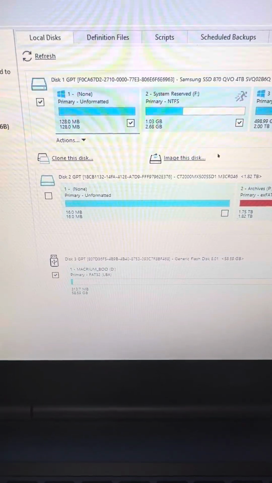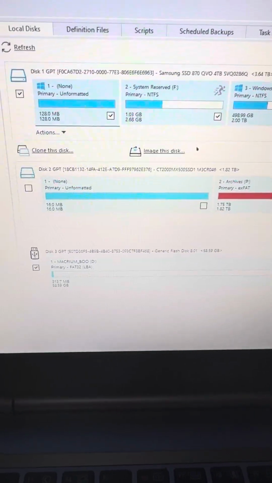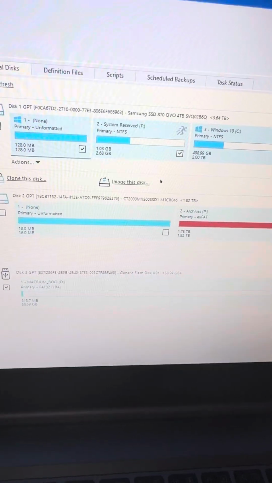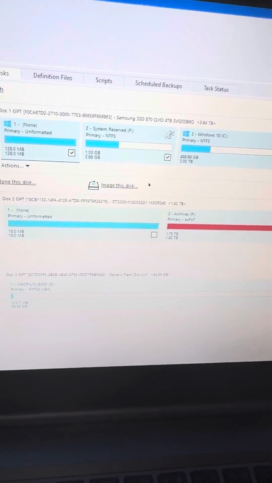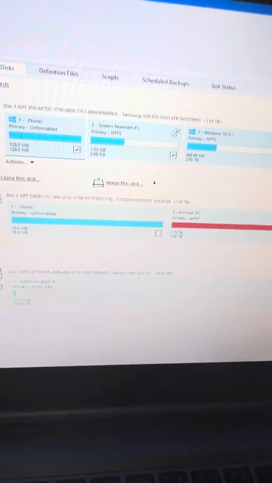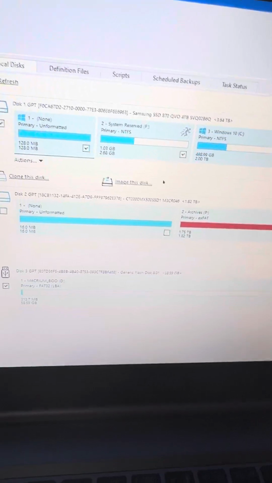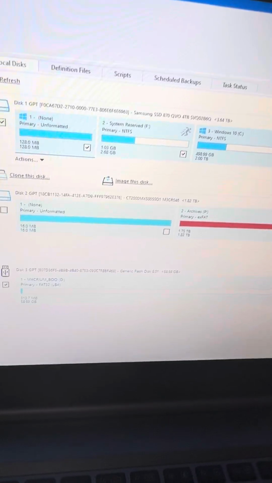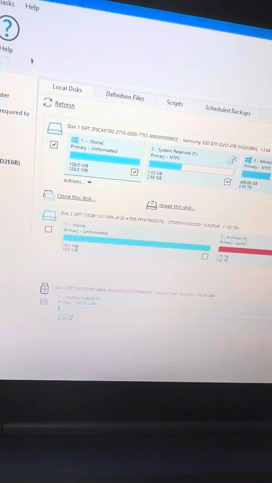This video is for how to create rescue media for an NTFS drive or an exFAT drive that doesn't have FAT32 as an option when you check My Computer. This specific drive does not have FAT32 listed, but I'm going to show you how you can use an exFAT drive or an NTFS file system to actually create rescue media using Macrium Reflect as the source for the ISO